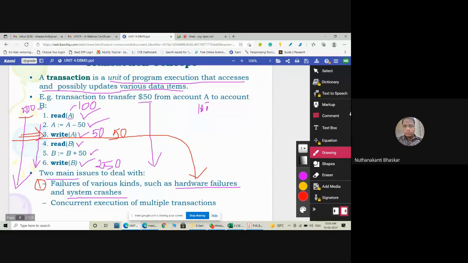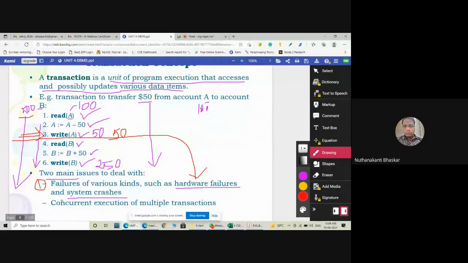So that is the big problem. That is the big challenging task when you are going to implement transaction management for our database management system. So we need to solve that. How effectively we can design a transaction management is what we are going to discuss in this unit. Are you clear? What I am trying to tell is we need to strengthen the transaction management programming for the database management system with the help of a lot of predefined algorithms and techniques. Are you clear?